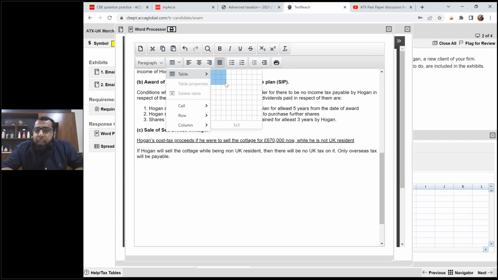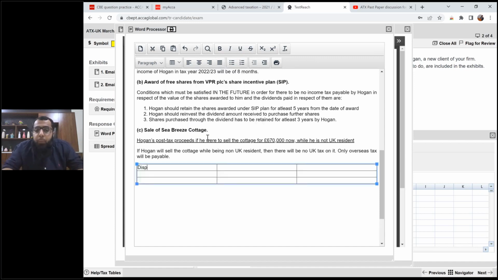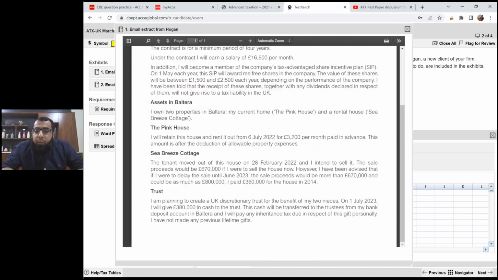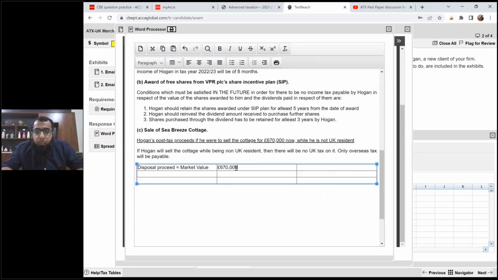So what will be the overseas tax? Disposal proceeds is equal to market value. What will be the disposal proceeds? If you look at it, here it was given. The tenant moved out of the house on 28 February and I intend to sell it. The sale proceeds would be 670,000 if I were to sell the house now. So the disposal proceeds are 670,000